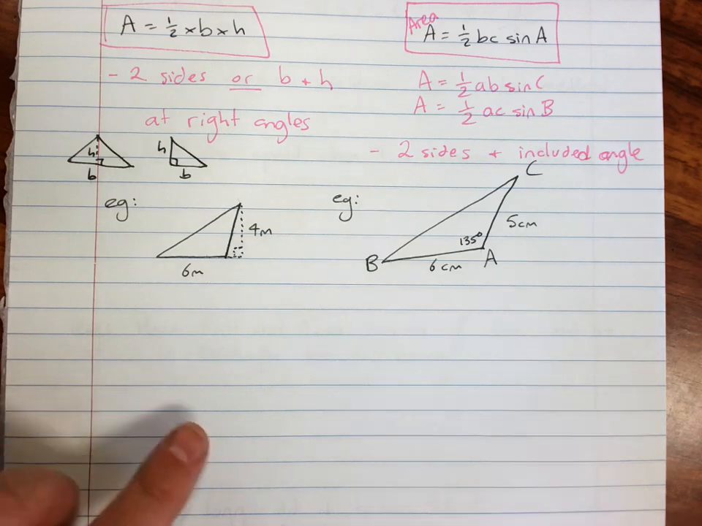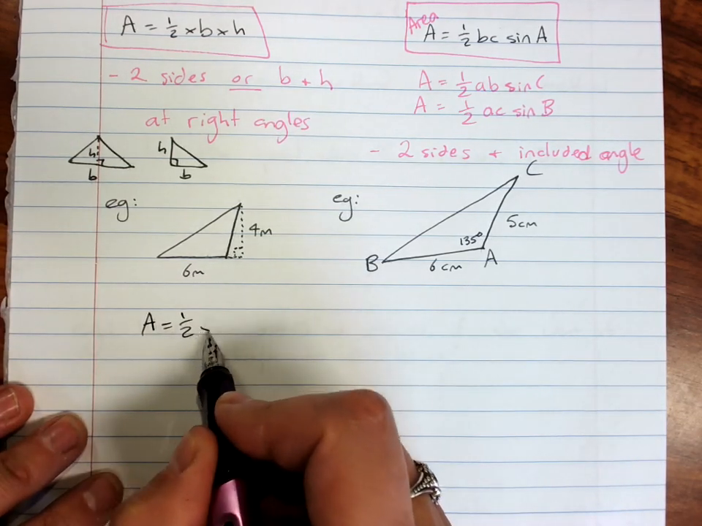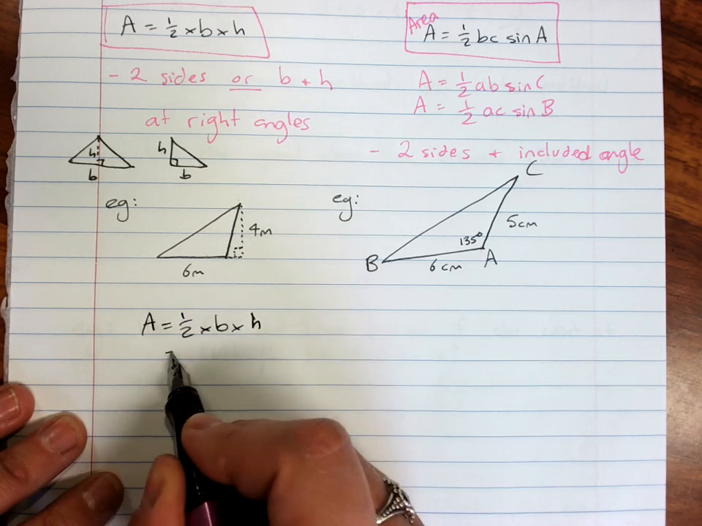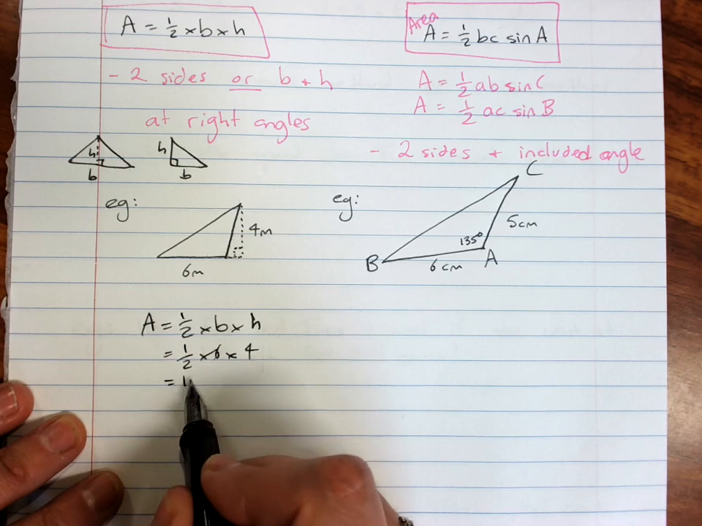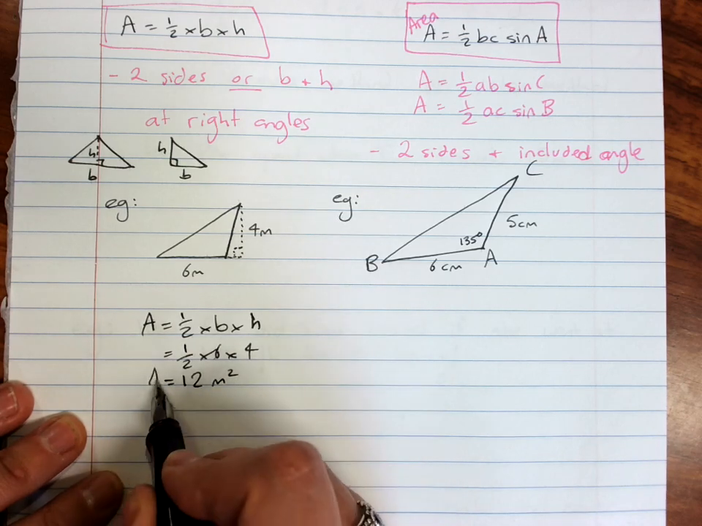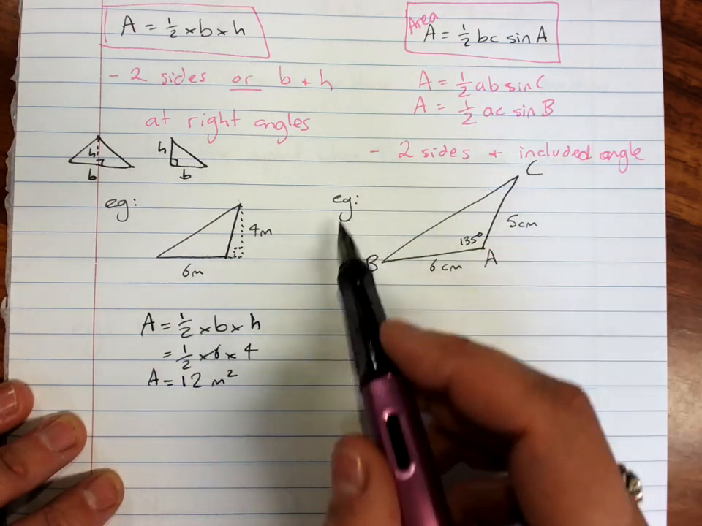So, two triangles. Just doing this one to remind you that you can always use area is half times base times height. That's half times 6 times 4. That's 3 times 4 is 12 meters squared. Great, we can find the area of a triangle. This one,